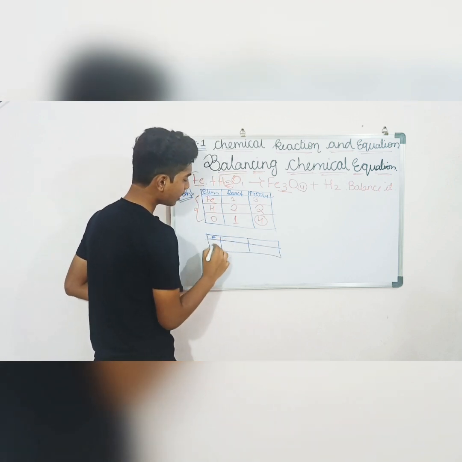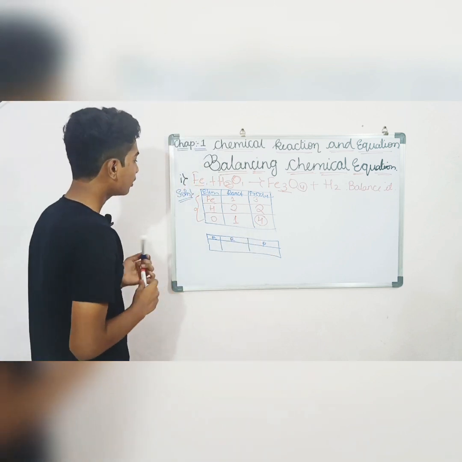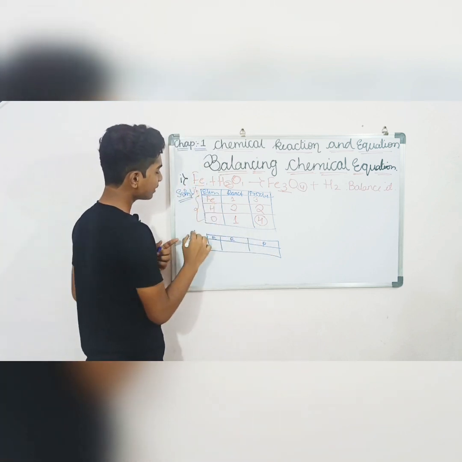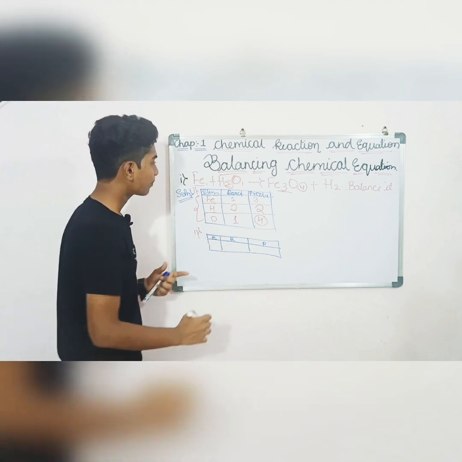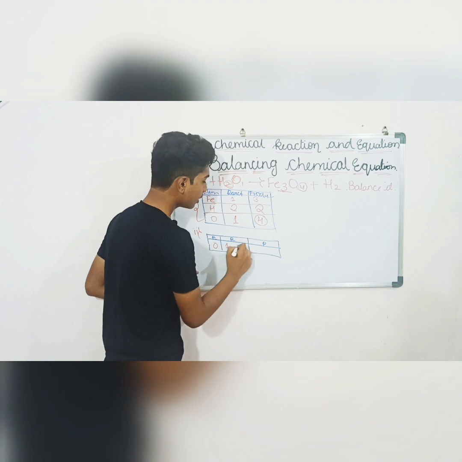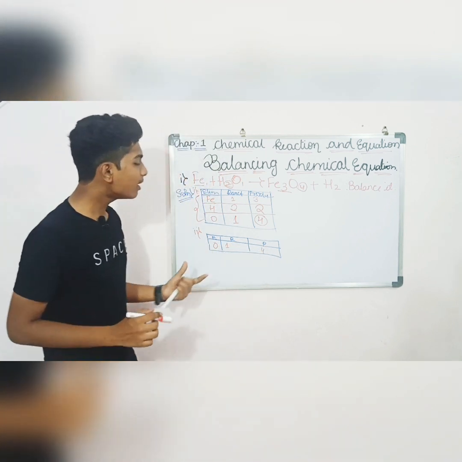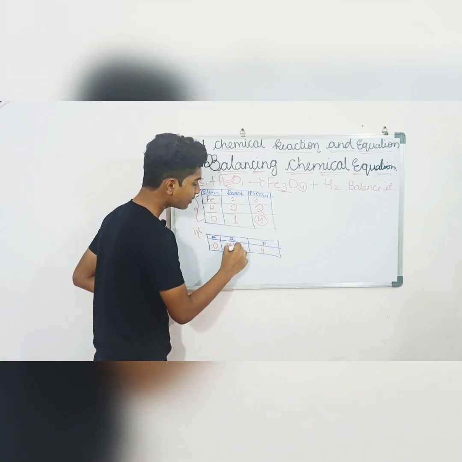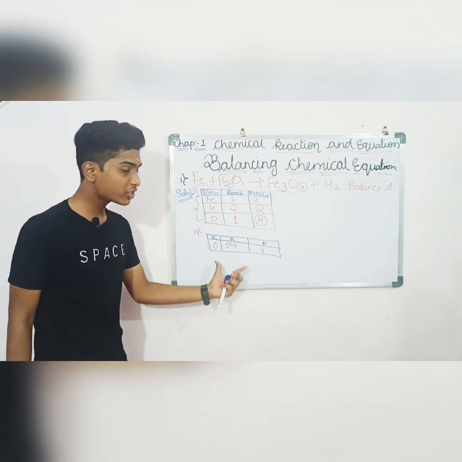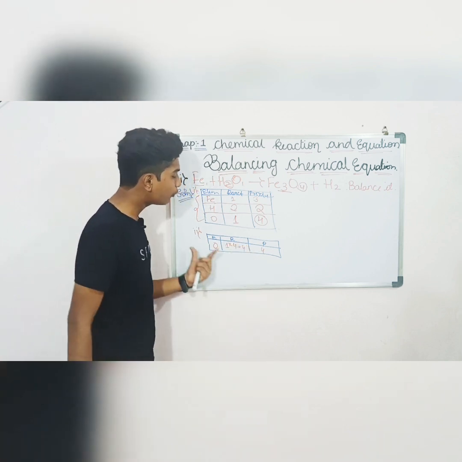Now here will be element, here will be reactant, here will be product. Now this was the first step and this is second step. See, now oxygen we took, reactant side there is a 1 and product side there is a 4. Now how will we balance it? We will multiply 4 to the reactant side. If you multiply 4 to this reactant side, 1 into 4 is 4, so it will also become 4.